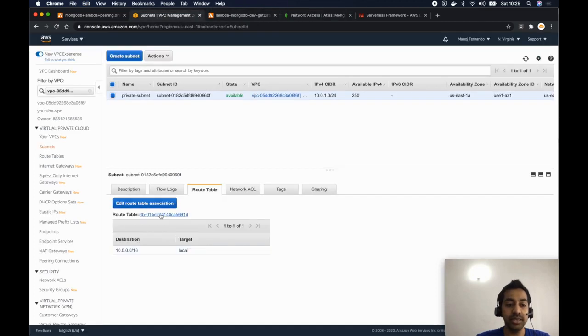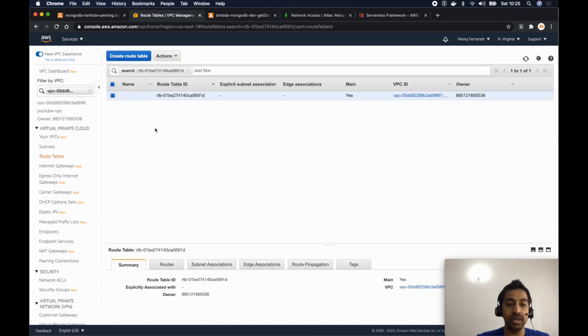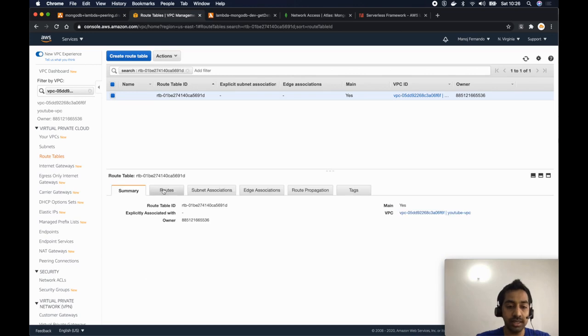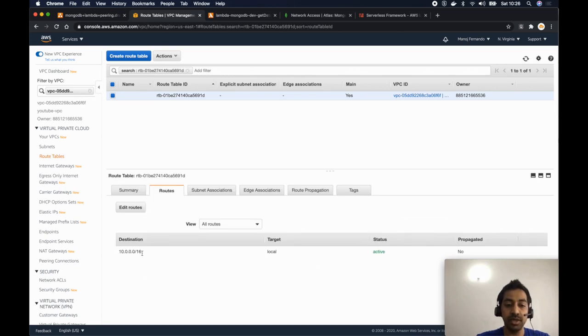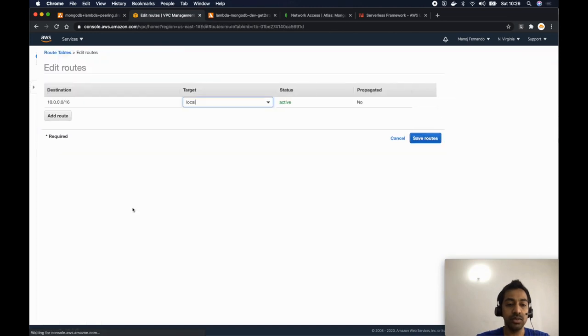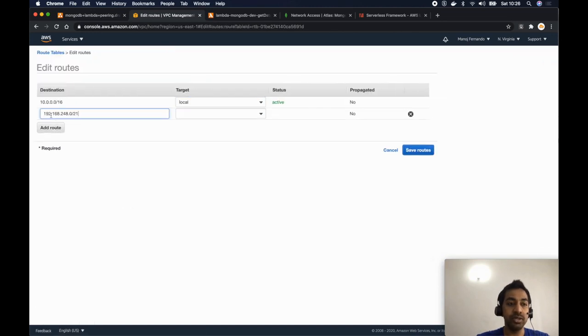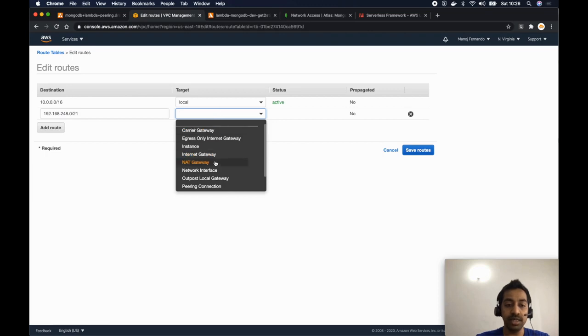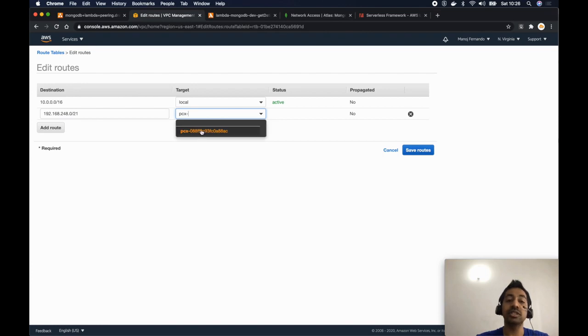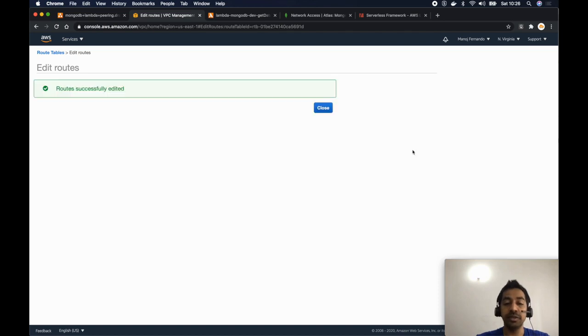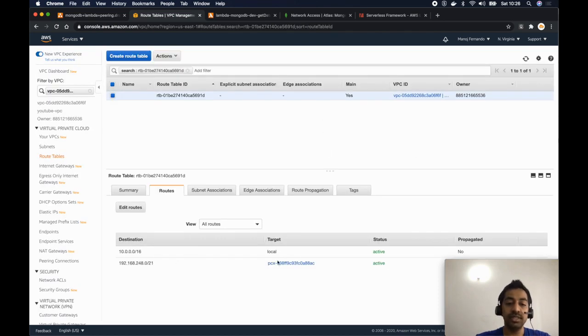So let me just copy this one and I'll go back to the subnet and I'm going to edit the route table. So I'll rather go to this link, so it will just open up our route table, and here there's a section called routes. At the moment we have only one route, our local route. So I will click edit and I'm going to add a new route with this CIDR range, which is our MongoDB cluster IP range, and the target should be the peering connection. You can see that's this peering connection option. Just click that and then it will suggest the peering connection we just created earlier. Click that and then save the routes. Perfect. So now we see the new entry here.